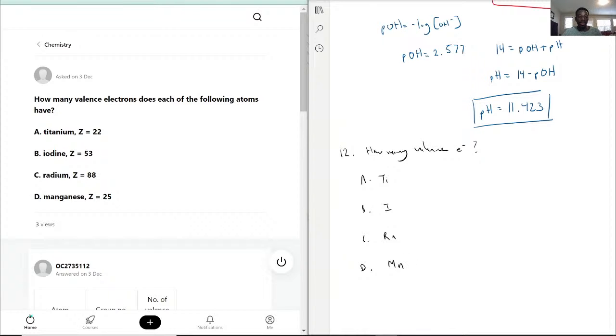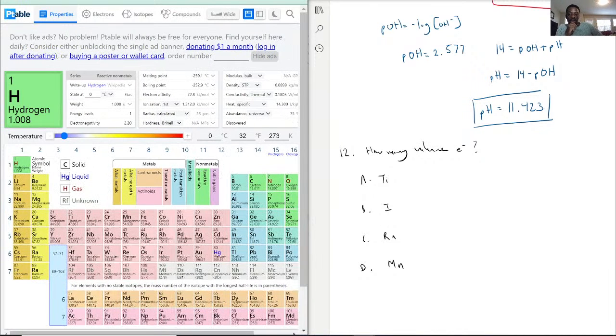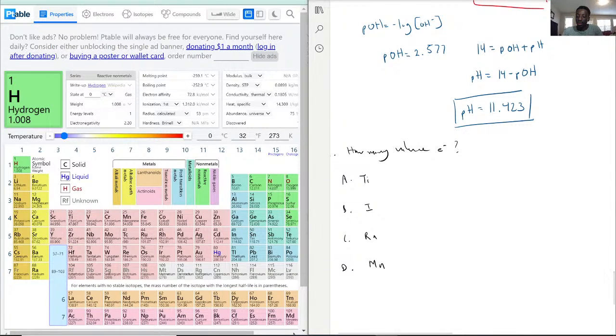manganese. Okay. So for this type of question, to find out the valence electrons, especially if we're dealing with things that are going to be in the transition metals, we have to understand our electron configurations, okay? So we're actually going to have a general one here that we're going to use for all of them. So we'll have the 1s, 2s, 2p, 3s, 3p, 3d,